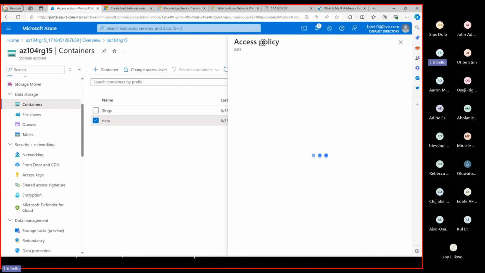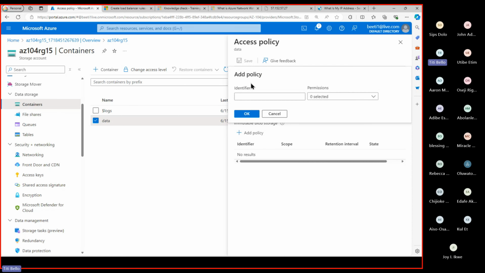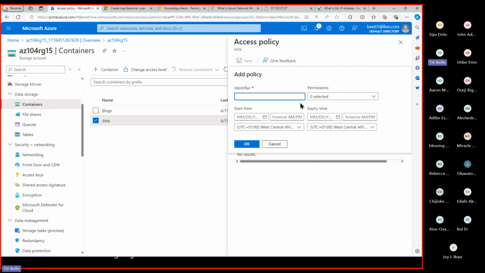Let's check the access policy for this. Remember, we talked about different access policy, access types. So now we're going to create an access policy, and it's going to be time-based access. So we want a situation where whoever or the user that will be accessing this policy, when they access it,